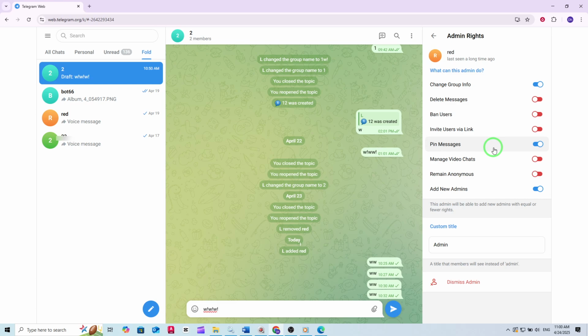Once you've enabled pin messages for that admin, don't forget to click Save. This will apply the new permission instantly, allowing the selected admin to pin important messages for everyone in the group to see. That's it. You've successfully allowed another admin to pin messages in your Telegram group using Telegram Web on